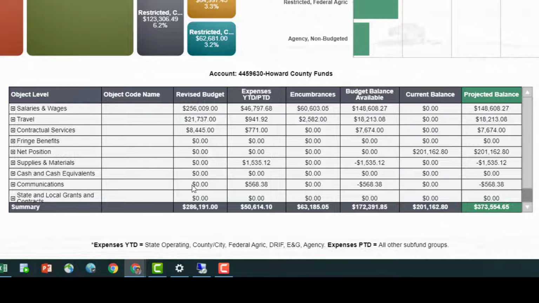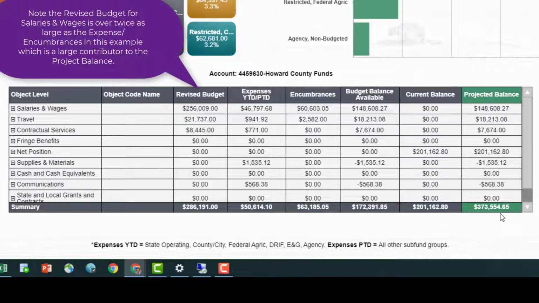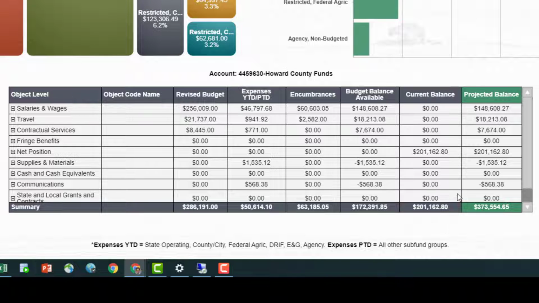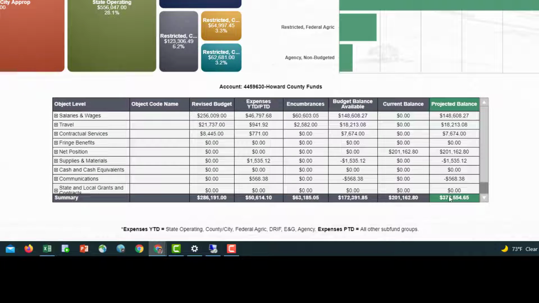So if I take a look at my revised budget versus my expenditures year to date, and my encumbrances, and my BBA, and what my current and projected balance is, I can see that the expenses year to date and the encumbrances, along with a current fund balance of $200,000, is what's causing the net projected balance of $373,000. So I can see the actual expenses and encumbrances are only about $110,000, and my budget is $280,000. So that's about a $170,000 difference plus the current fund balance of $200,000 gives me the $373,000 in